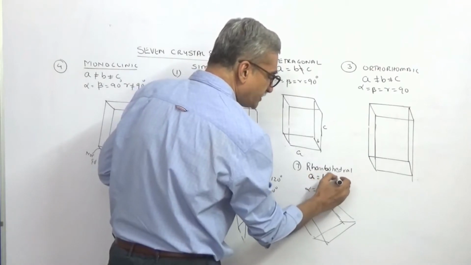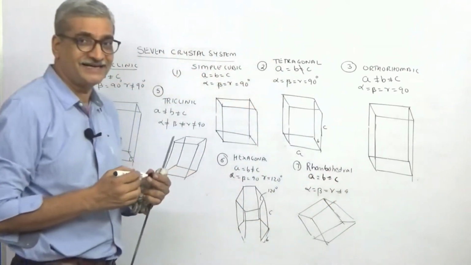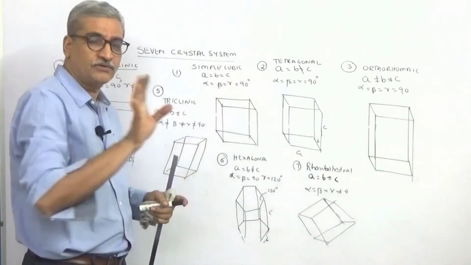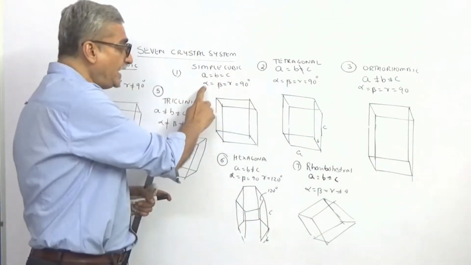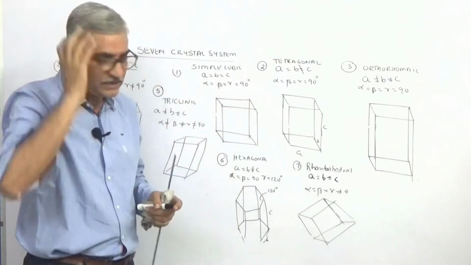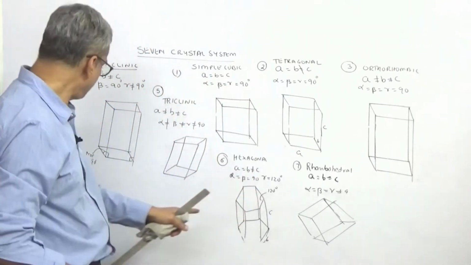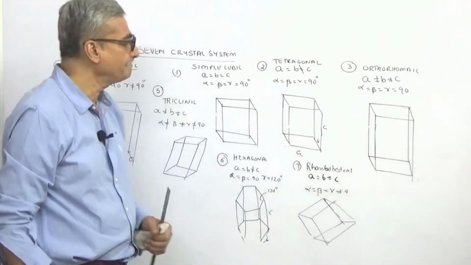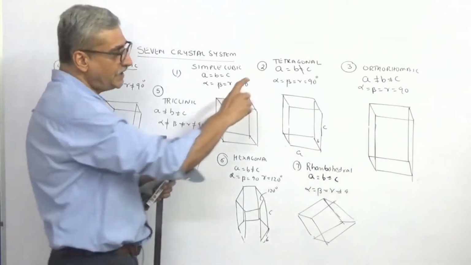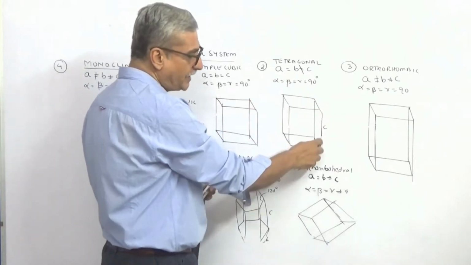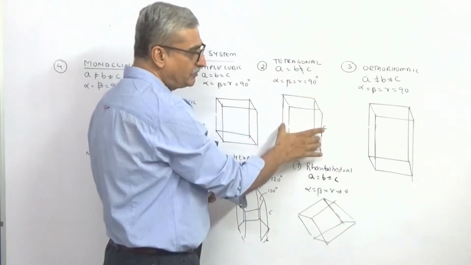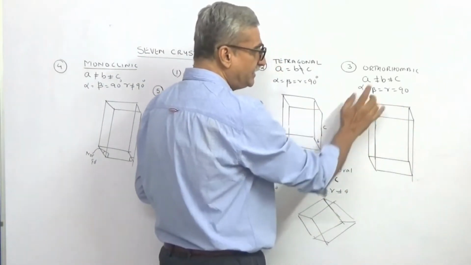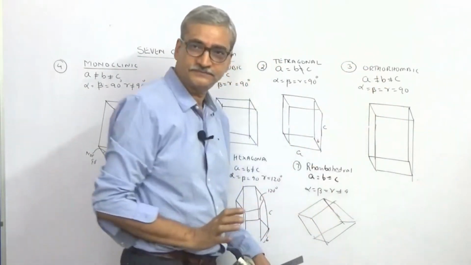So if they ask a question, which is the crystal lattice, an MCQ, and if they say A equal to B equal to C, and the angles are not 90, then clear cut it is rhombohedral. Is this point clear? Then A equal to B not equal to C, so height was different, tetragonal. Length, breadth, height not the same, but angles were 90, orthorhombic.